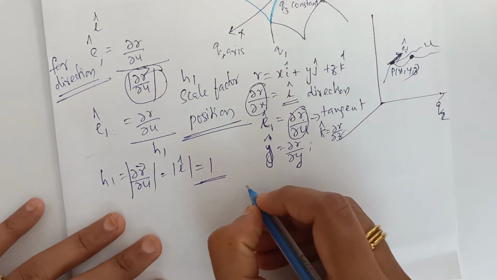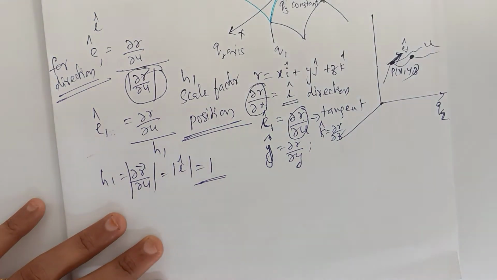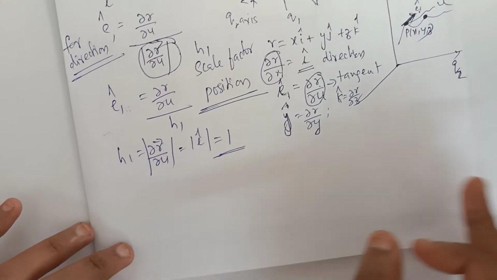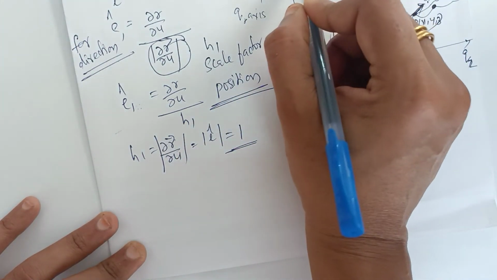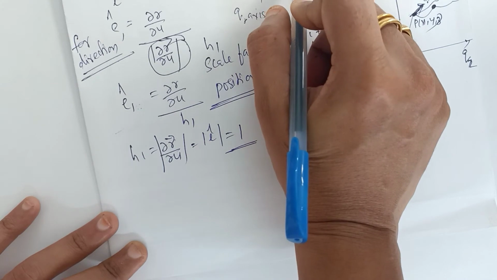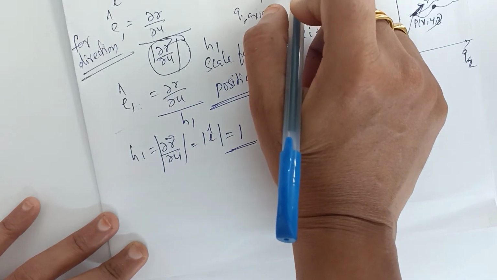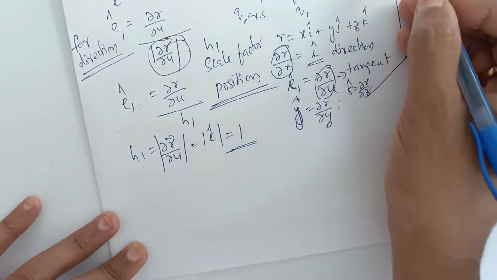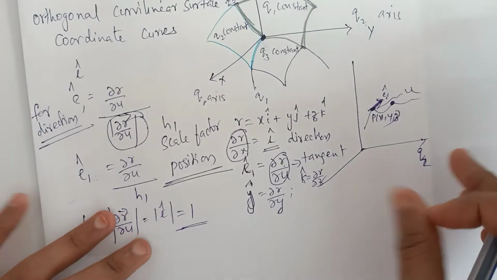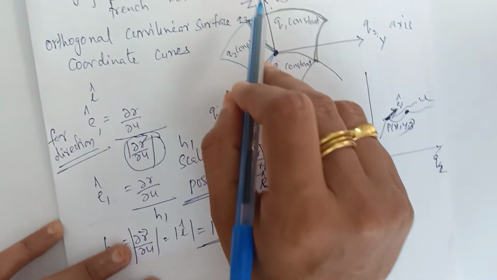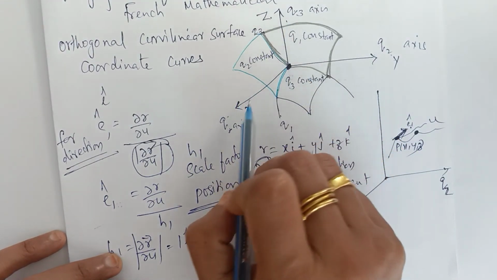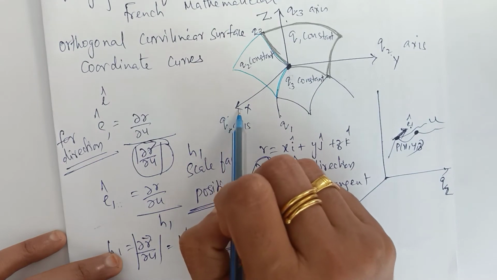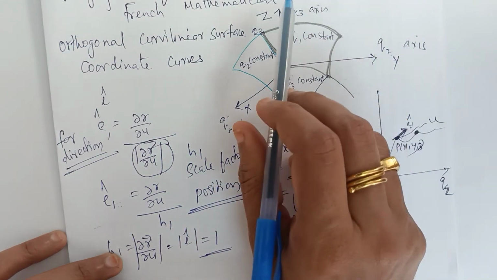Okay, and we have the base vectors also, which we will discuss in detail. So now let us start at a point. Let this be the point, whatever it is, and we are going to identify it by the curvilinear coordinates q1, q2, q3. We assume we have a common point P, and we are going to analyze that point using the coordinates q1, q2 and q3.